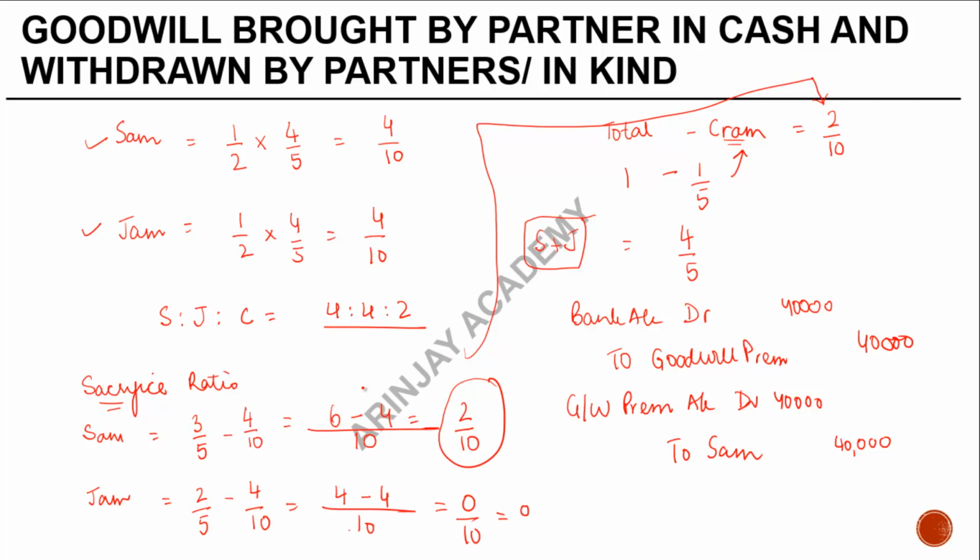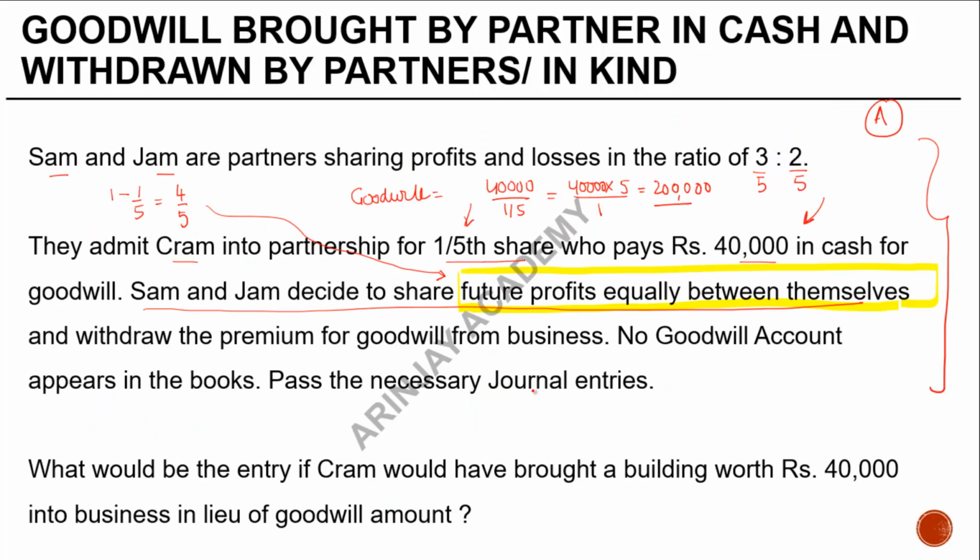Now you are asked, let's go to the second part. What will be the entry if Cram would have brought a building worth rupees 40,000 into business in lieu of goodwill amount? But before I do this, there's one part which I actually just missed out, which is that